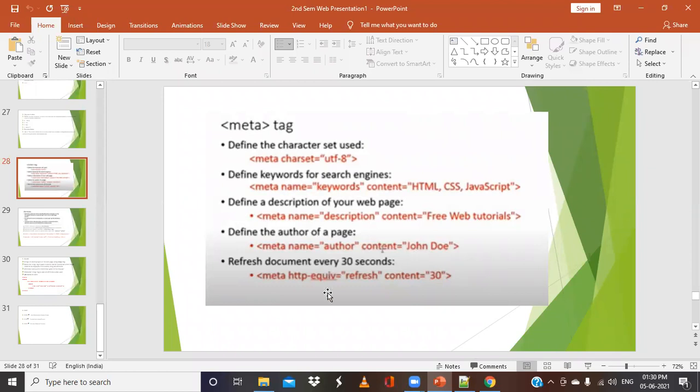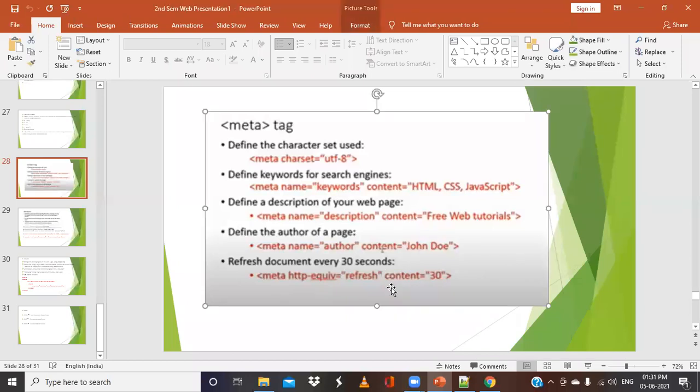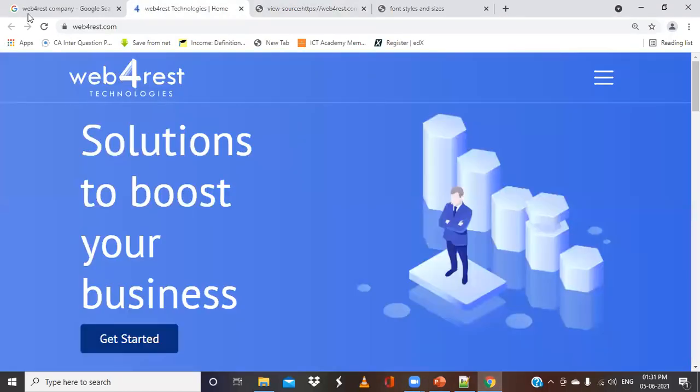Similarly, we have another tag called meta http-equiv. This http-equiv attribute we basically use for the HTTP responses, and we want to set after how much time, or every how many seconds, the page should refresh. This is what we call refreshing.